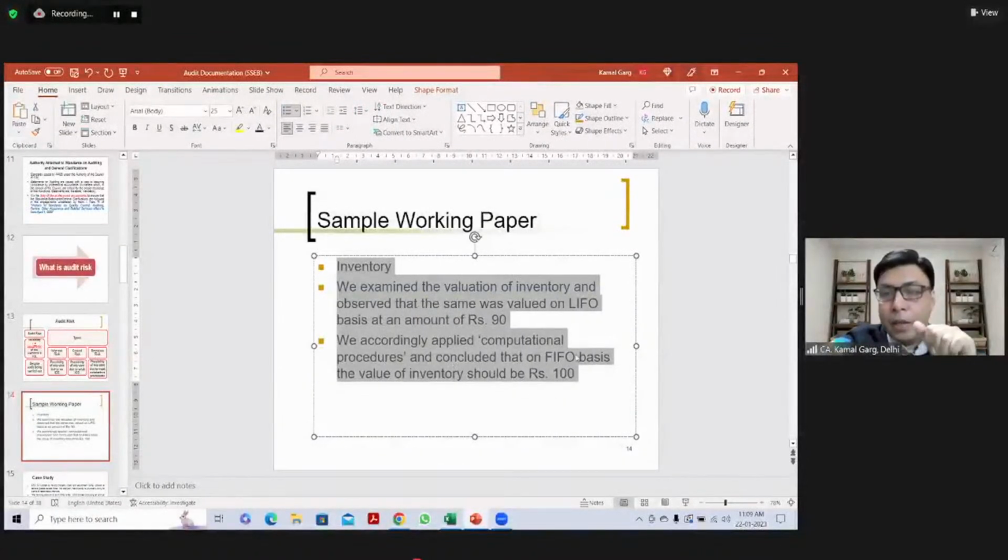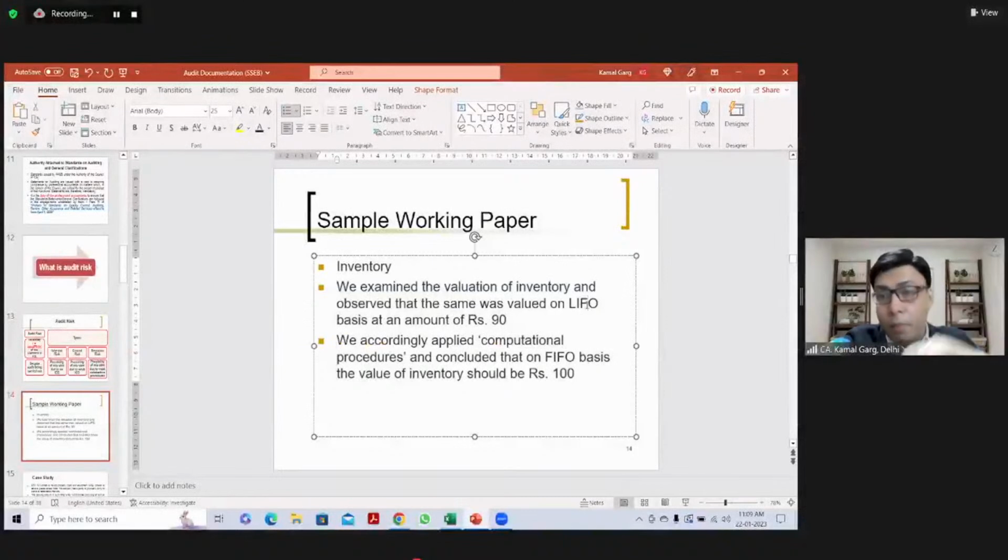So up till now, what is happening? What I wrote, the working paper is not complete. What I wrote under inventory, that means for inventory, I am making my recording of various proof. Proof number 1, we examined the inventory valuation from stock register, etc., and found it was valued on LIFO basis. The amount was rupees 90. Then we applied our own procedures to verify whether this rupees 90 is correct or not. On application of procedure, what procedure did we apply? Computational procedure. We concluded that on FIFO basis, the valuation should be rupees 100. Then, hence,